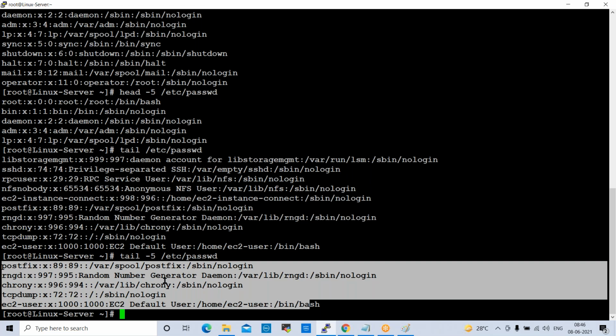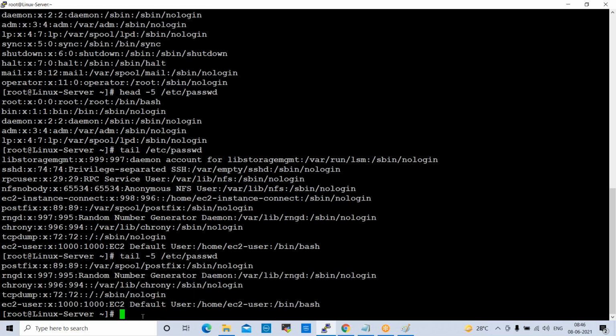That is why we use the less or more command to display page by page. The head command will display the top 10 lines. If you want to display only 5 lines, we can use -5, -6, -7, whatever. The tail command will display the last 10 lines. If you want to display the last 5 lines, you can use -5.